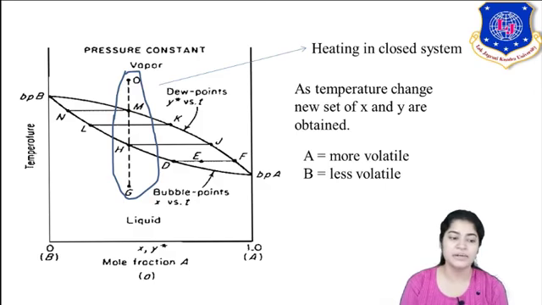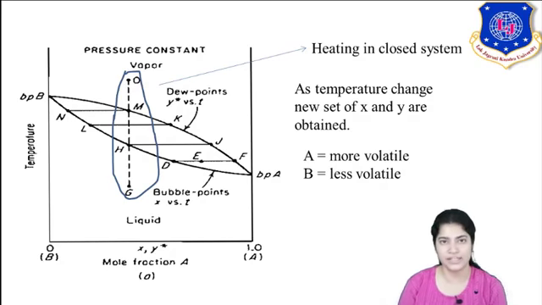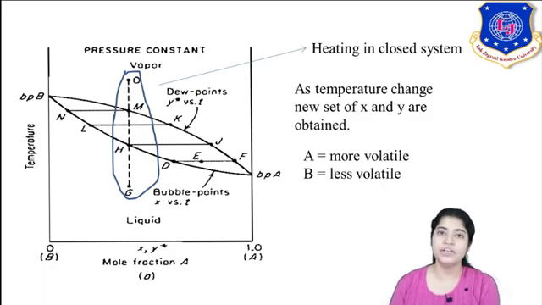Similarly, on the left-hand side, the temperature where the boiling point of B is there, that is pure B. That is the representation of the less volatile component B in pure phase. So what does it show? It means XA is equal to 0 and XB is equal to 1. Similarly, YA is 0 there, but YB is 1. This representation of the graph would once again be covered in the next lecture. For VLE you need repetition of concepts so as to become clear. So that was about your heating in a closed system.